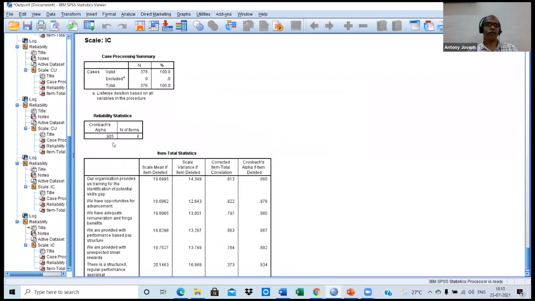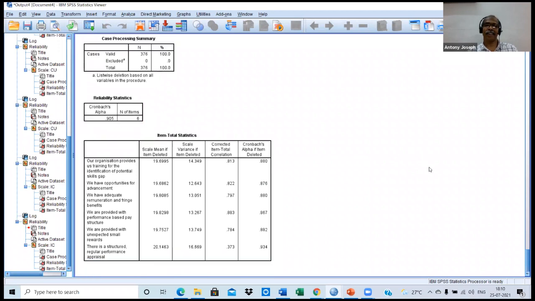Oh, see, Cronbach alpha became 0.905. Number of items reduced to 6. You see? You look here. Last item. You look at the last item, 0.934. Again, the Cronbach alpha is greater than the common Cronbach alpha. What does it indicate? Again, you have to delete this item also.